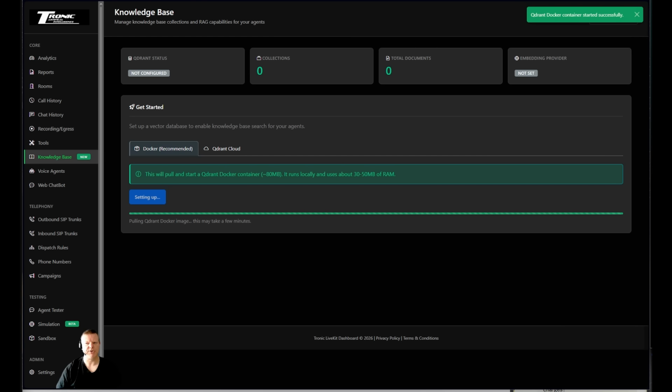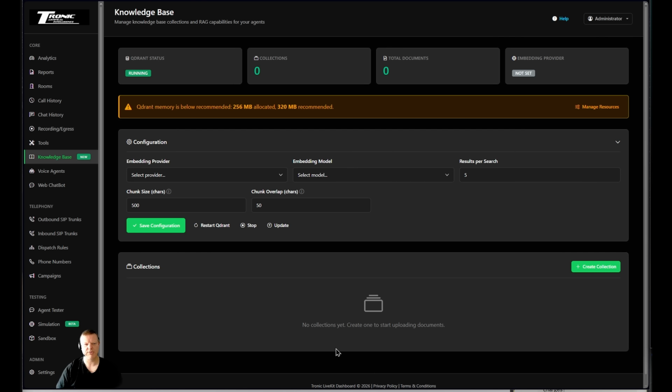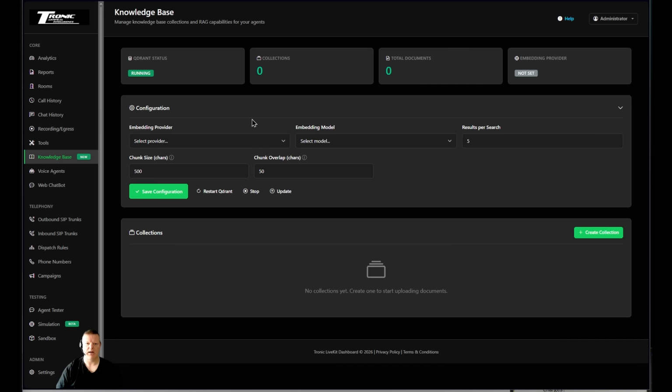This will take a little bit of time to install, depending on your server load and what your other server is doing. But there we go. My server's only 4 gigabytes of RAM. Qdrant is already installed. As you see here, the recommended memory size is 320 megabytes minimum. But it's currently less. So what we can actually do is go to the settings